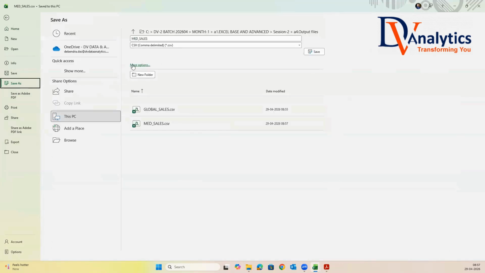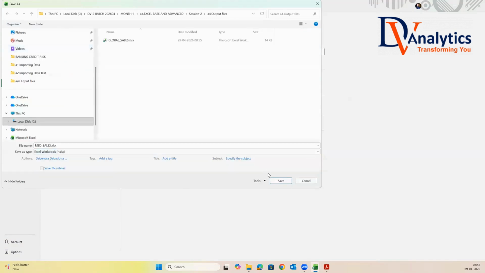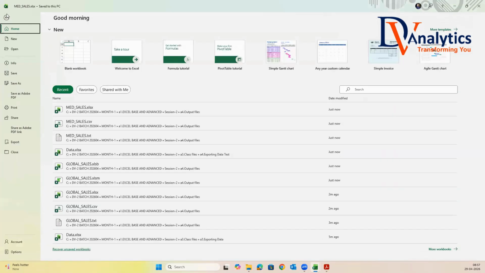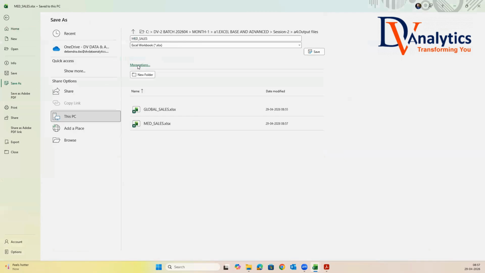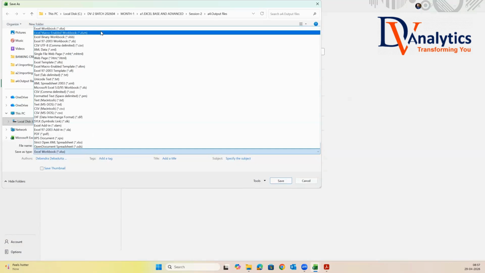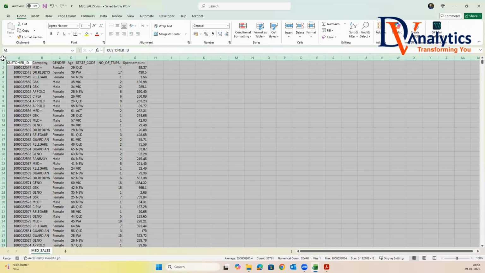Save as, More options, XLSX. If I want to store this file to Excel macro-enabled, so File, Save as, More options, XLSM. If I want to store the file into binary,